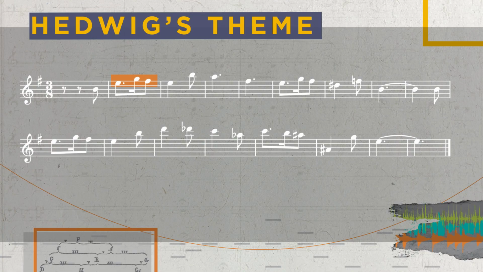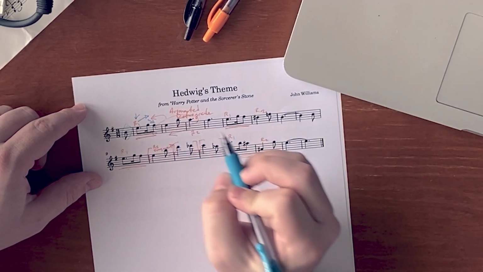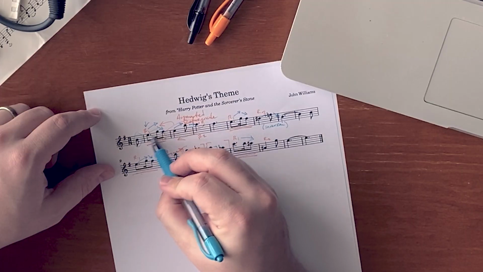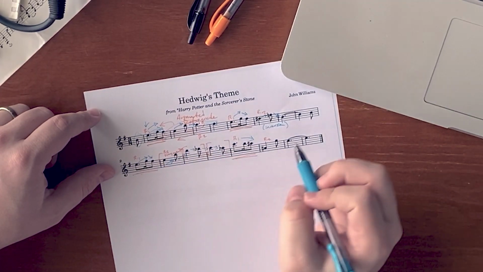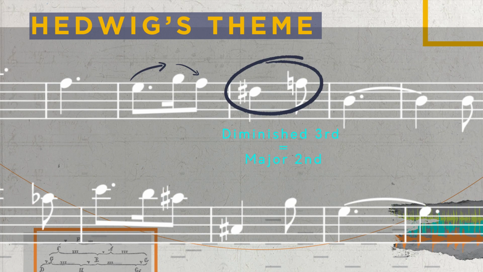Once again, this figure here essentially gives us the DNA for this theme. It's a jump up and then a step down. In this case, it's a third. Thirds are sprinkled all over this theme. We've got one here. Got another one down here, there's another one there, and then this one here is theoretically a third, but it's a diminished third, which we all know is just a major second that's lying to itself